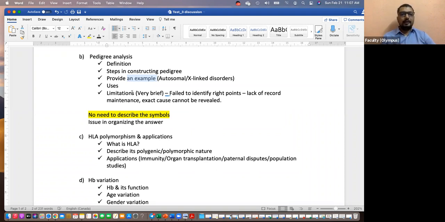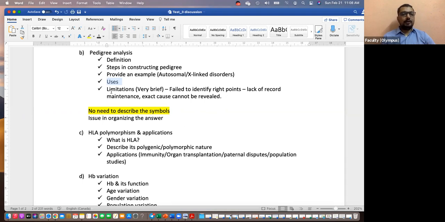So what do you say here? Pedigrees can help us identify the nature or the pattern of the inheritance of the given disease. So you talk about the uses, how pedigrees are used. You can tell about sickle cell anemia, hemophilia, how pedigree charts can help in genetic counseling. Also, how pedigree charts are a non-invasive method to simply construct something like this and understand the pattern. And do it very briefly, because it is a 10 marker. If it were a 15 marker question, I would have asked you to focus more on limitations. I've seen some of you have discussed more about limitations, but keep it simple. You will not have enough time to do it.